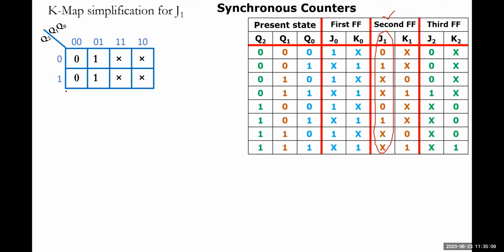Okay, like this. So 0, 0, 0 will be 0. 0, 0, 1 will be 1. 0, 1, 1 will be don't care. 0, 1, 0 will be don't care. Followed by 1, 0, 0 is 0. 1, 1, 0 will be 1. Triple 1 will be 0, and then followed by 1, 0, 1 will be don't care. So everything has been plotted here.